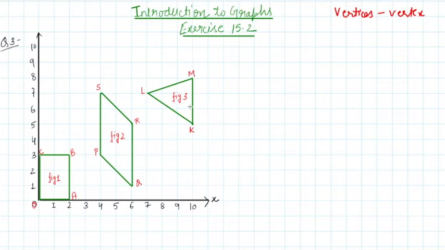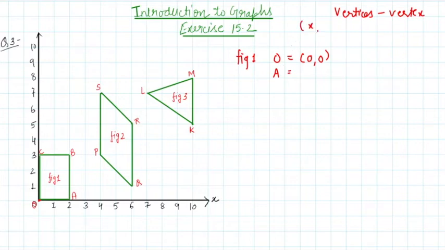So let's begin with figure 1. Figure 1 is here, the O point. This is the origin. Let's write it here, figure 1. So the O point. We know that the origin's coordinate is always (0, 0), because here x is 0 and y is 0. So its coordinate will be (0, 0). Now for A, this is your A vertex.